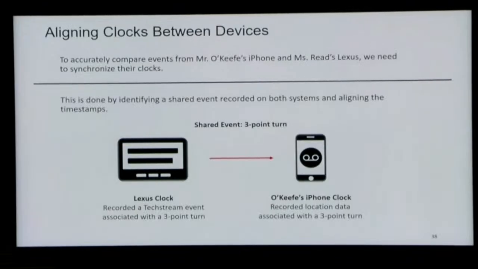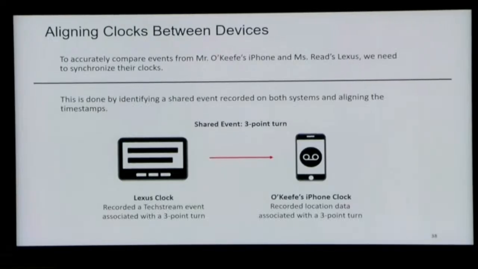Those events have clocks associated with them. So in order to reconcile the difference in those clocks, we are comparing the clock times for the event from each device and moving or adjusting the clock for one compared to the other.